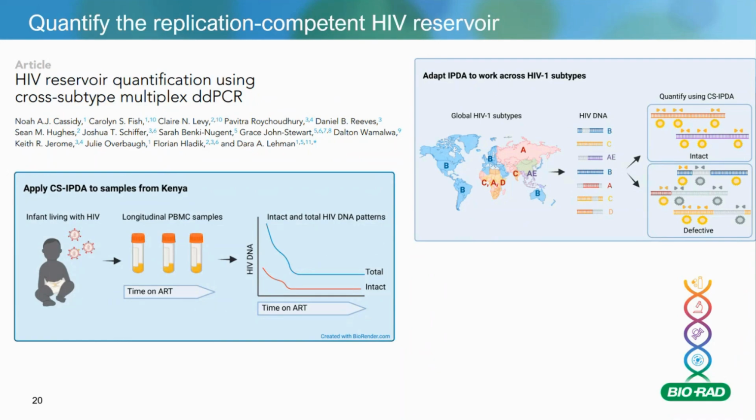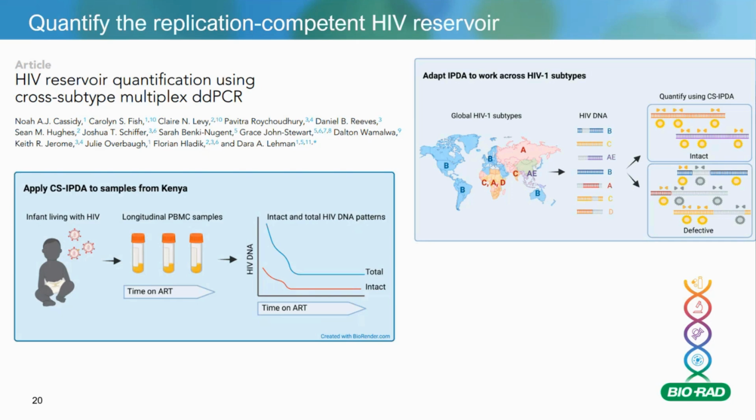So basically, for many years, I think the gold standard for confirming that the reservoir is still intact was the quantitative viral outgrowth assay, and it relies on stimulation and culture of replication-competent virus. However, these assays are quite labor intensive, low throughput, and they often underestimate the replication-competent reservoir